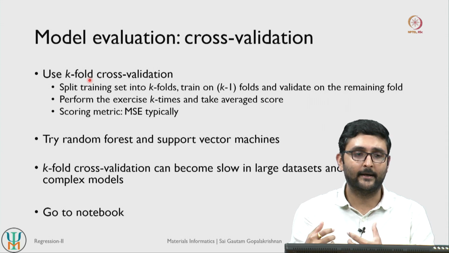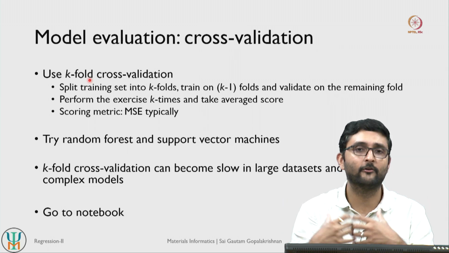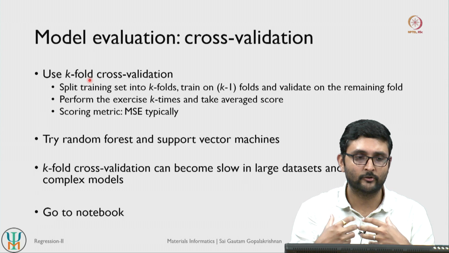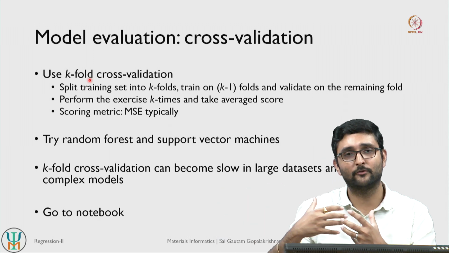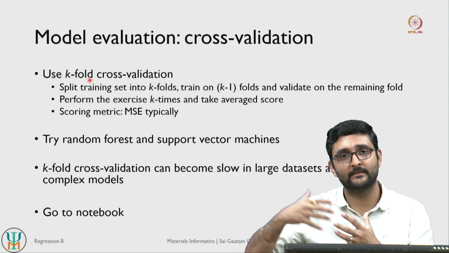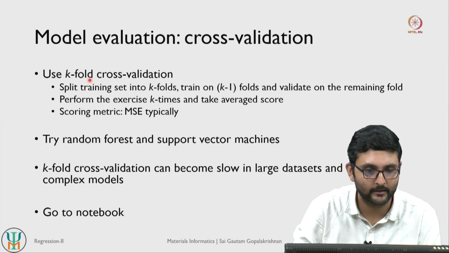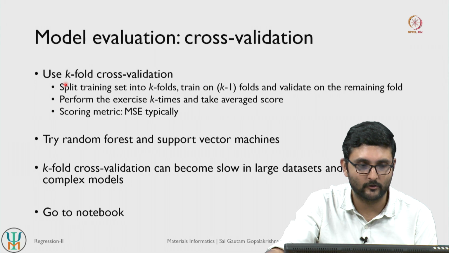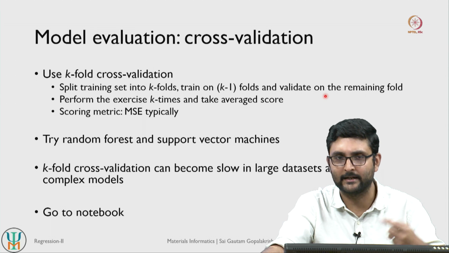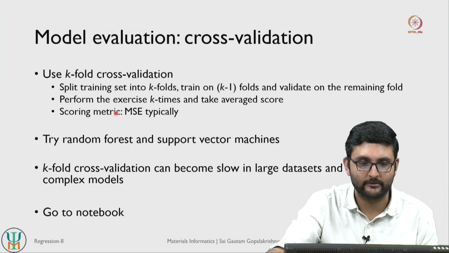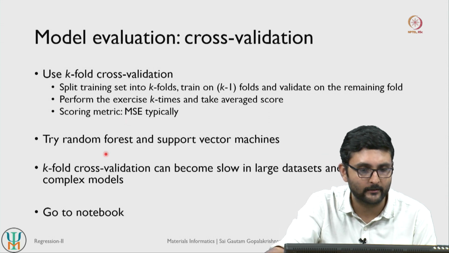So you see that you have at least 5 different models that you can actually train, and you take an average score over all of your 5 different models. If you do k-fold cross validation, you get k models and you get k error metrics, and you see on average how your model is performing across these k different subsets of your data. So that is what is being written here. You split your training set into k folds, train on k minus 1 folds and validate on the remaining fold and repeat this k times. And you take the average score.